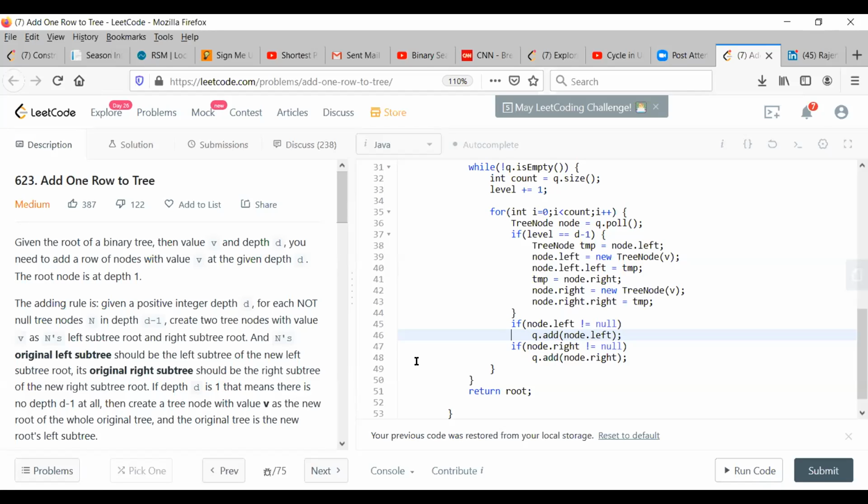I believe DFS is clean because it makes use of the function call stack. Here you have to implement the queue yourself. And with anything involving a specific level, I have the intuition of going through the BFS way because we are adding to all the levels. Generally, that is what comes to my mind first.